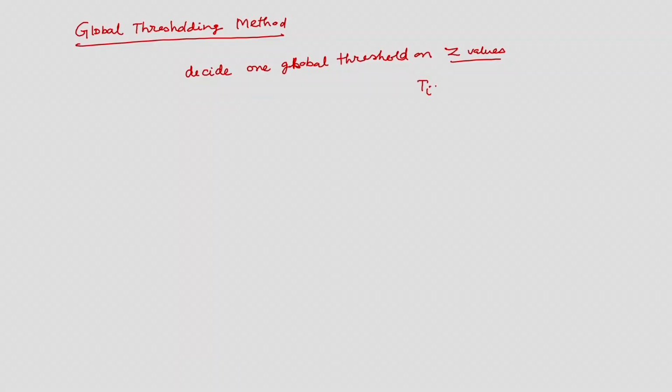So, I have the global thresholding method. If there is a point Ti given by Xi, Yi, Zi, I can create the DTM with point Ti. That means point Ti will belong to the DTM given Ti is in the space and Zi is less than or equal to a certain threshold. The problem is, the moment we decide the global threshold, it has to come from some logic, and this logic is generally not appropriate because for trees or buildings or any structure, I cannot have a global threshold.